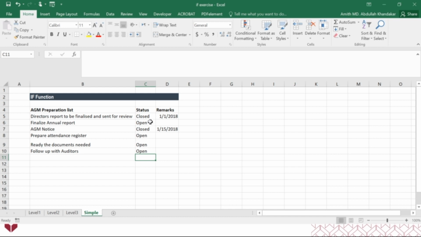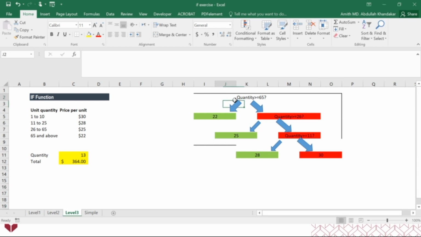Now, obviously, doing this manually is error prone and time consuming. Now, we can use an if function over here to make it closed or open based on the remarks entry, right? So if I just go ahead and take this,